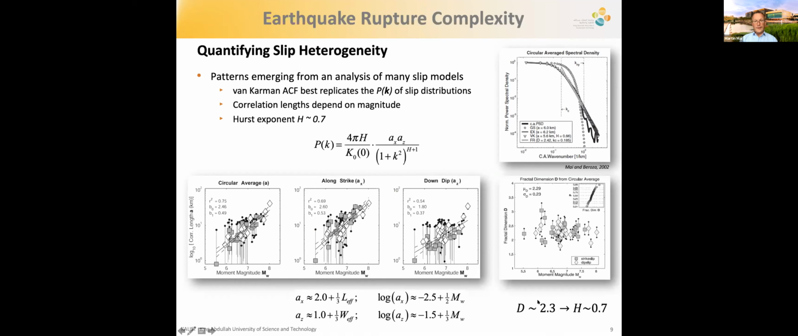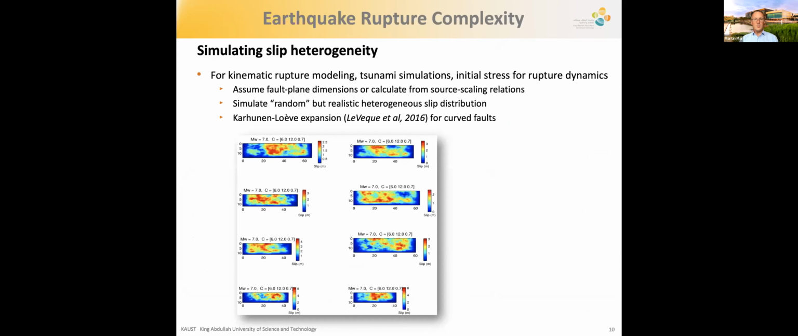With this, we get a fractal dimension of 2.3, so close to the theoretical prediction of Andrews or Frankel. And interestingly, this first exponent is also found nowadays in the rough fault images from, let's say, geological measurements. So there seems to be an interesting correlation here. So at this point, we basically have everything at our fingertips to simulate heterogeneous slip on a fault for kinematic